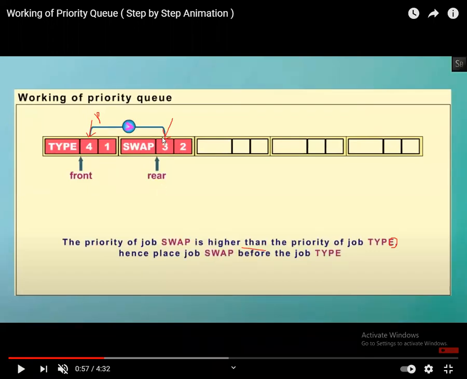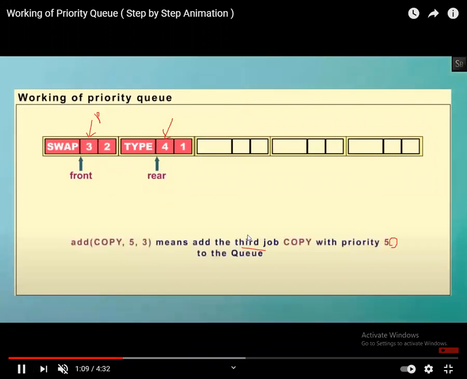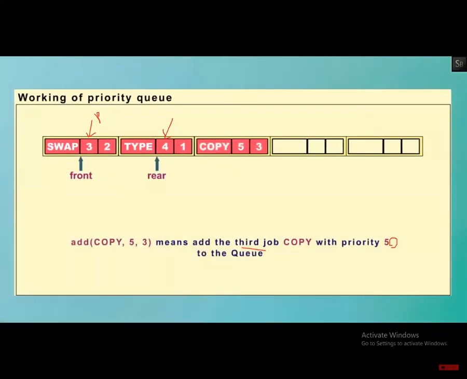Hence we will exchange them. This is the concept exactly. Now you can see priority 3 is ahead of priority 4. Similarly, when you insert the next element, add copy.